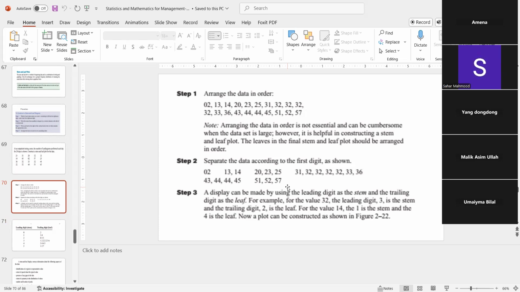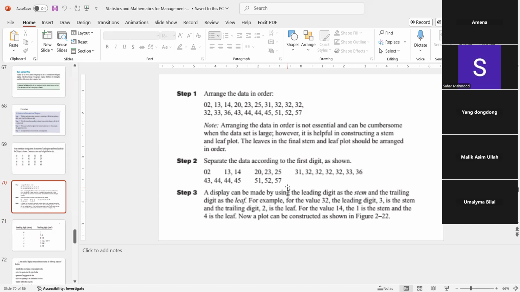बाकी जितने डिजिट्स आ रहे हैं, अगर आपका 2-digit नंबर है तो ऑब्वियसली सिर्फ एक डिजिट हो जाएगा जो आपके लेफ्ट में आ रहे हैं। अगर आपका फॉर एग्जांपल ऑब्जर्वेशन 3 डिजिट में थी, यानी हंड्रेड्स ऑफ ऑब्जर्वेशन में, तो आपके पास जो फर्स्ट 2 डिजिट्स होंगे वो बन जाएंगे स्टेम।